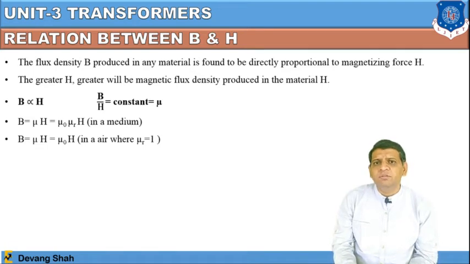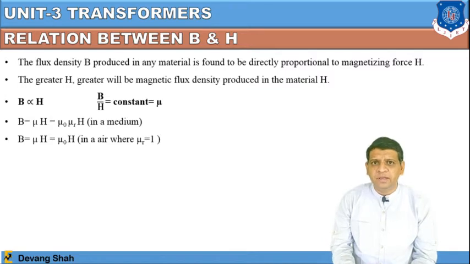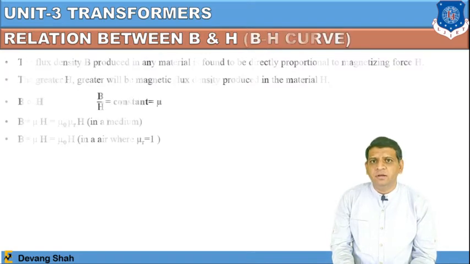In today's session, we are going to discuss the relation of B versus H for any magnetic material, right? Now, if you apply the AC signal, that will create a magnetic field intensity around the magnetic circuit, and based on this magnetic field intensity, we need to check how the magnetic flux density is going to behave, right? It is nothing but the behavior of magnetic flux produced in a magnetic circuit per unit area, that today we are going to check. And this particular property we are going to use to design transformers, motors, generators, and many devices, right?